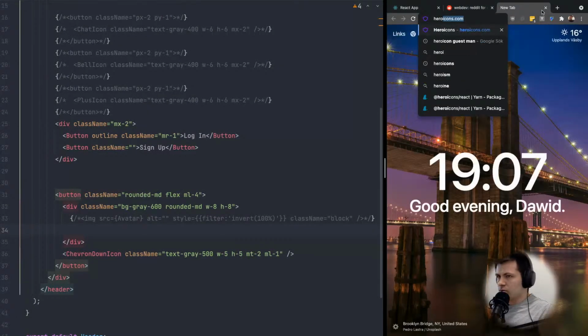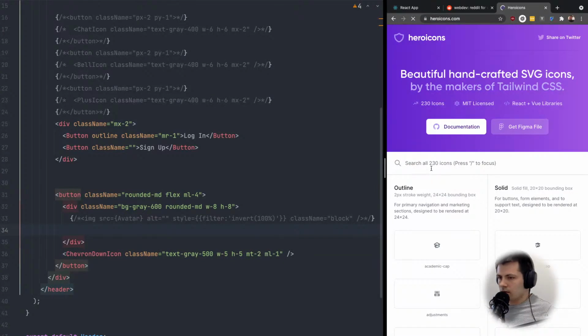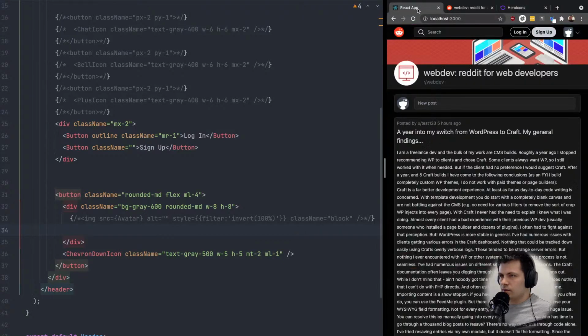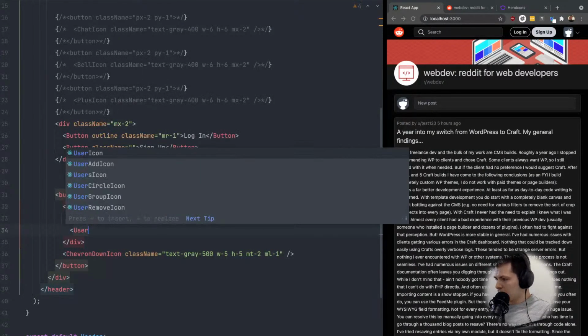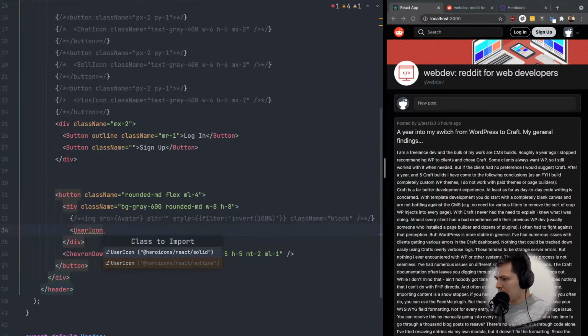So let's go to Hero Icons, and I think there was user icon. Yes, there is. So let's go here, user icon, and let's use outline. All right,